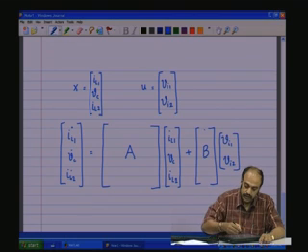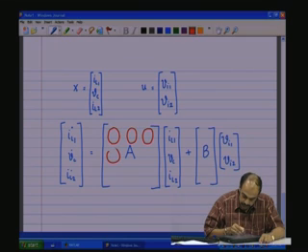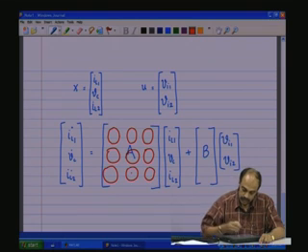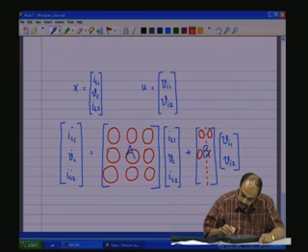So, here actually the A matrix is going to contain 3 by 3 elements. The B matrix is going to contain 3 rows and 2 columns, as shown,